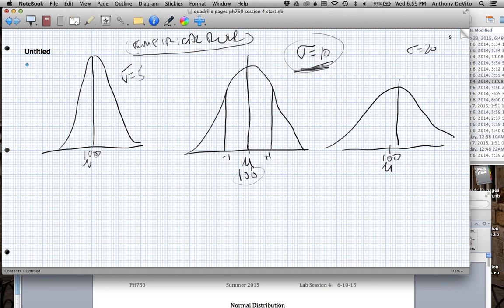So if the mean is 100, what is this? It's one standard deviation below. It's 90, right? And what is one standard deviation above? It's a blood pressure of 110, right? Well, if you're between one standard deviation below and one standard deviation above, in this particular case, 90 and 110, the area in here is 68%,